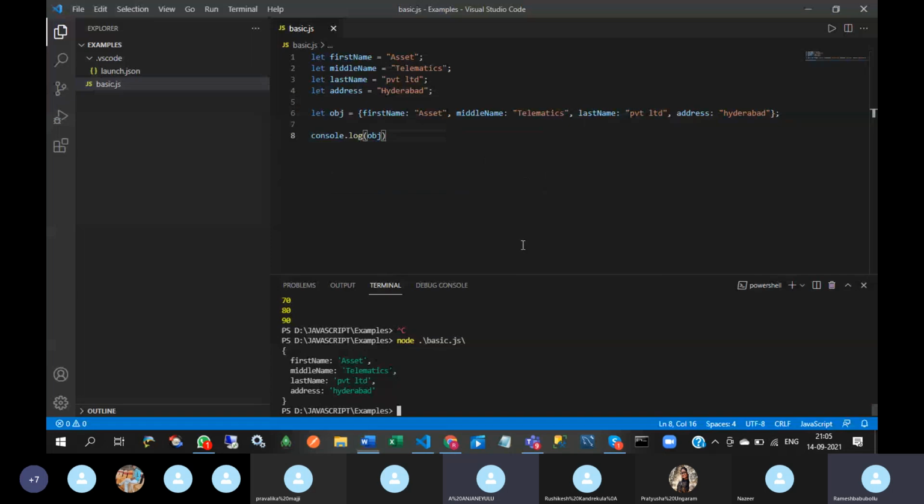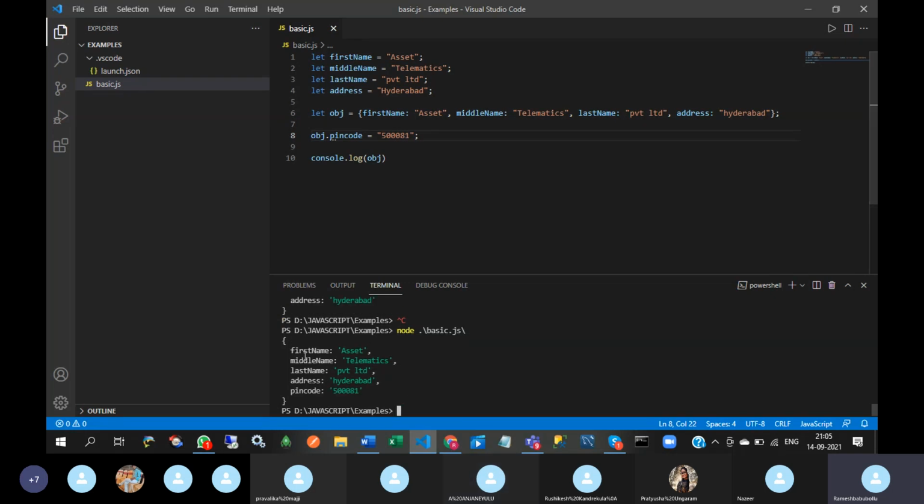And ways of adding keys. Suppose I want to add a pin code, then obj dot pin code equal to 50081. Then observe this pin code is also stored.